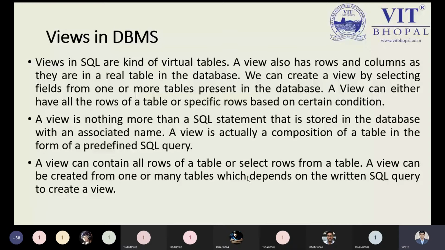I'm taking a simple example. Suppose you want to create a new table, I'm not talking about the actual table right now. You have table A and table B. Let me explain by the mouse pointer so you can understand.